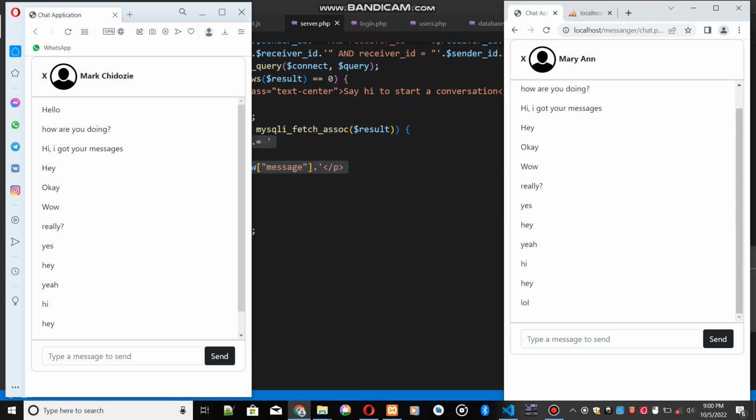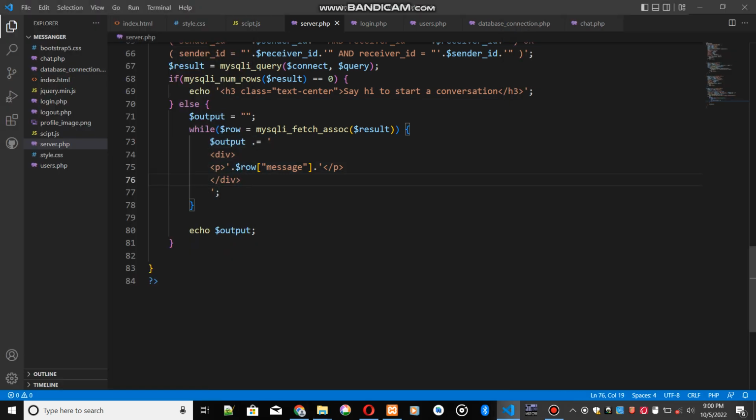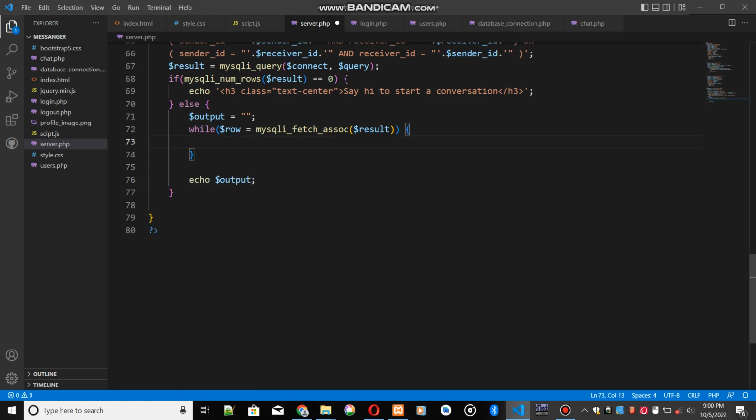In this video we are going to be designing our chat messages such that the outgoing messages are going to be aligned to the right with a different color, maybe a darker color from the incoming messages, which are going to be aligned to the left. So to achieve that, let's go to our server.php file, then delete what we have here and then create an if and else statement